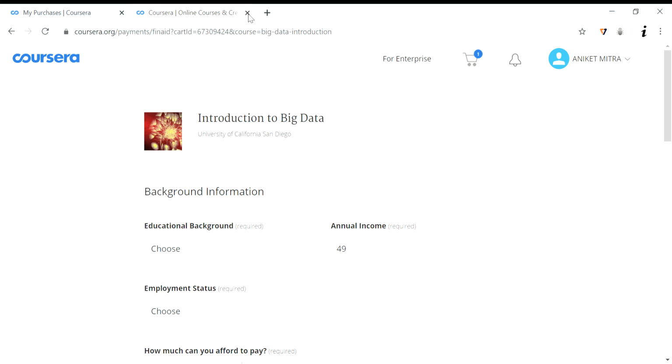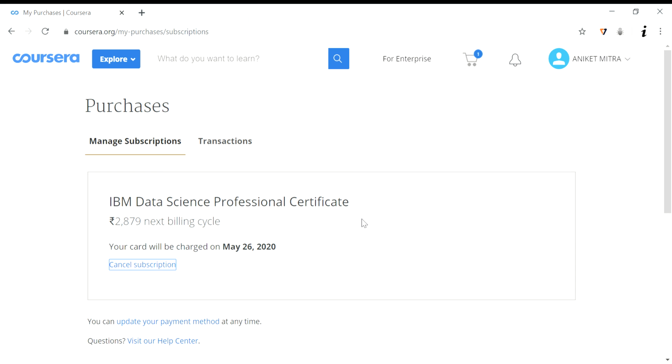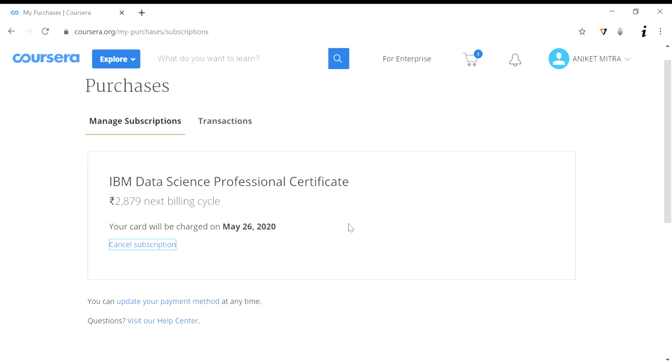I have seen in my friends' accounts they have got two financial aids, maximum two financial aids in a year. And if you pay for a course, you will get 3 or 4 financial aids. So I will show you how many financial aids I can get, and the next time I will show you the application also. With some editing I can show that also.